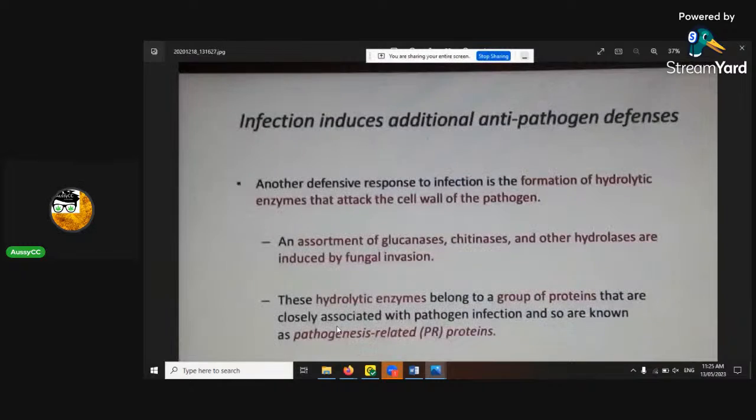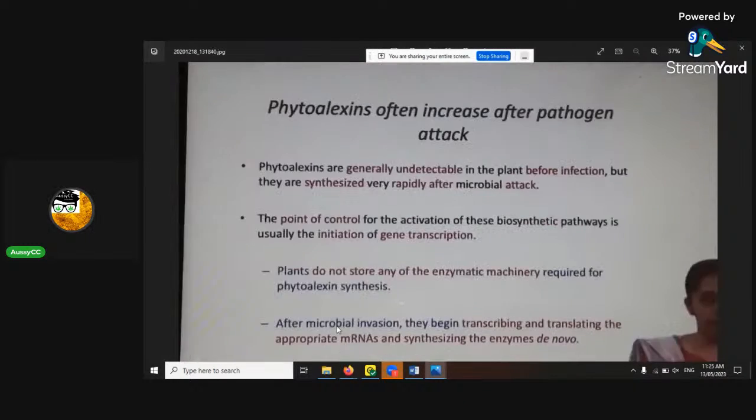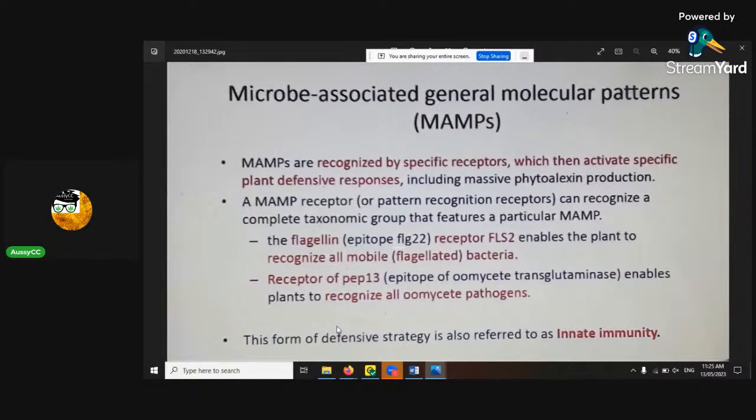FL2, FLM2. Someone's saying, no, it's not this. Oh, it's FLS2. So the flagella, FL. How can I remember the S? When they name these receptors and genes, they always put it like here. Look at the epitope at the start. It's FLG, so that's a flagellum. You can remember that easily. How can you remember the S? FLS2. I'll just have to try hard.